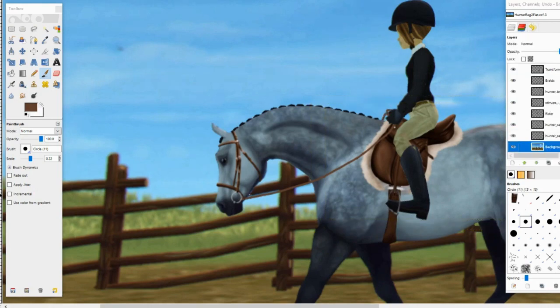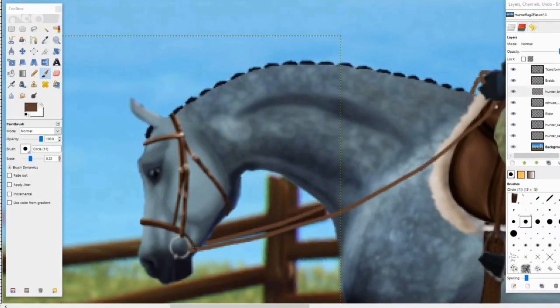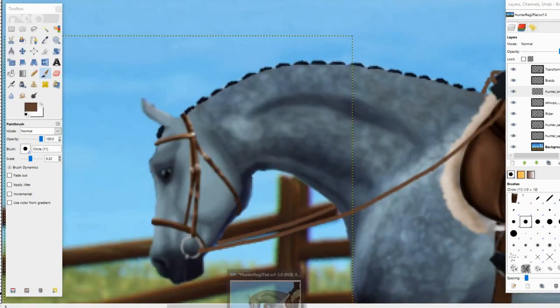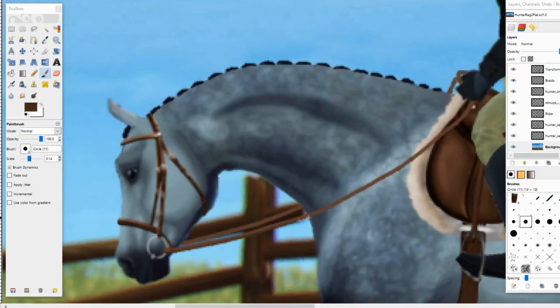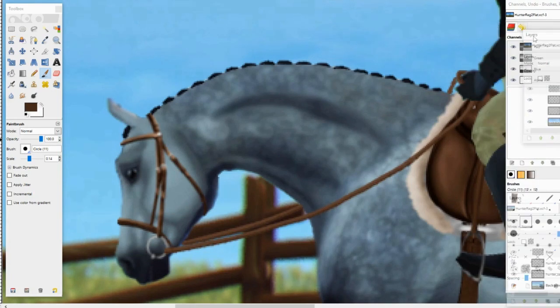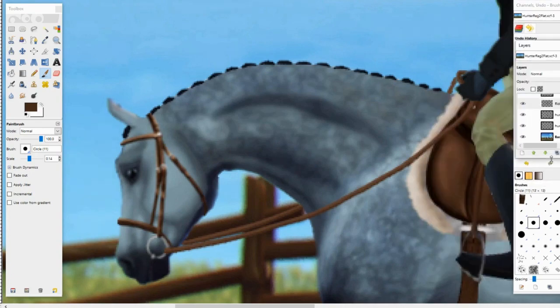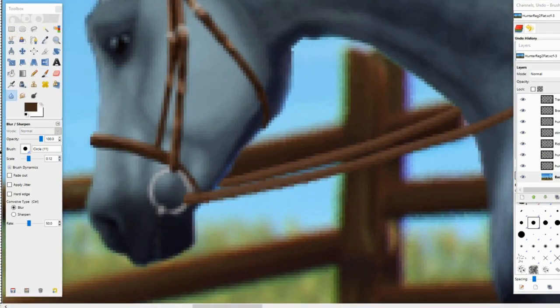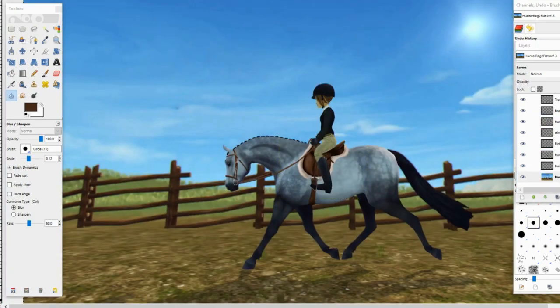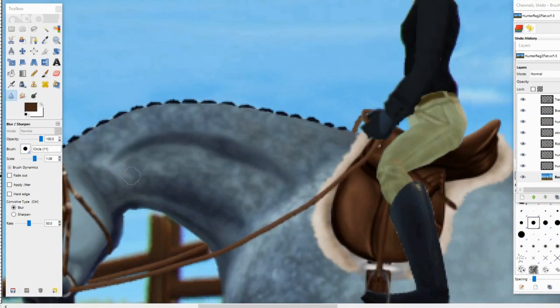And to get a straight line, you want to click with your paintbrush and then hold Shift and pull your mouse away and it'll draw a straight line. And you can click and it will draw that straight line for you. And so now I'm adding the darker shading on the underside of the rein, and then I just take the blur tool and just blur it. You want to be careful that you make your blur tool smaller so that it doesn't blur the reins into